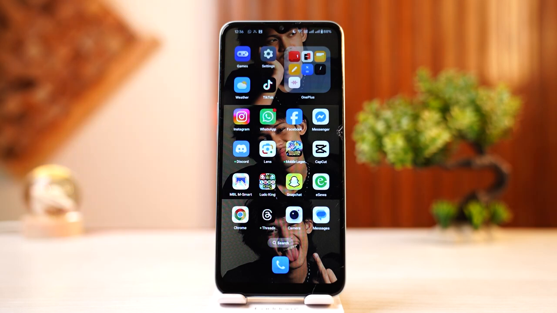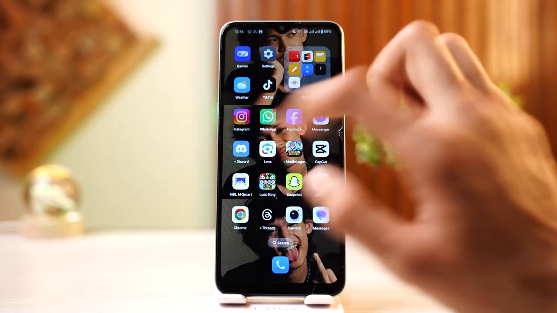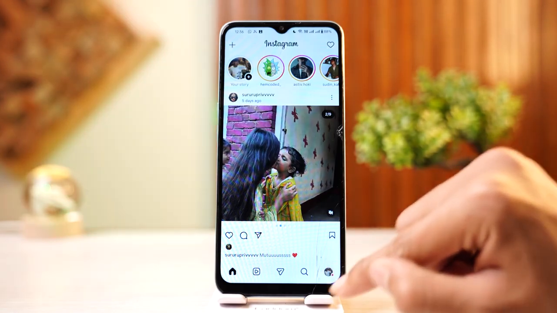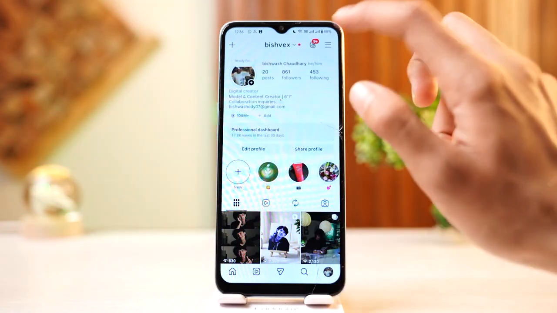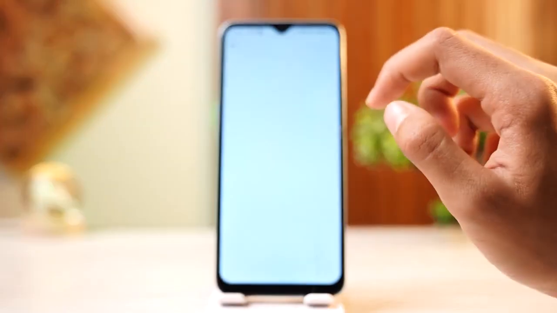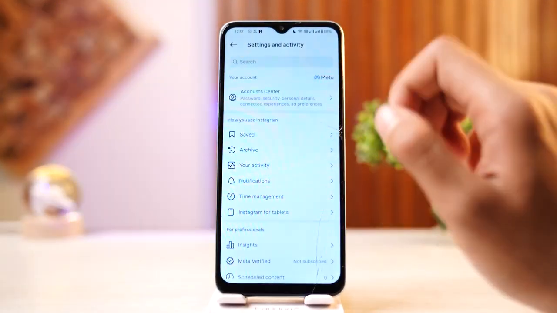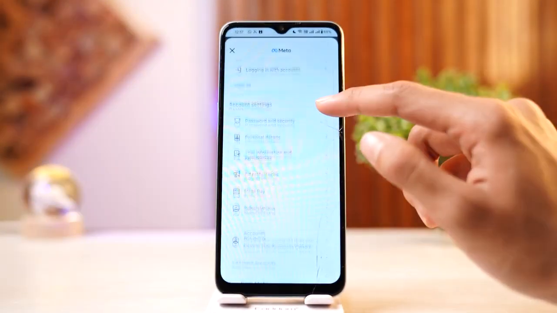And in this video I'll show you how to see your sent friend request on Instagram. For that, go and head to your Instagram app. Then you will see your profile icon on the bottom right corner of your mobile screen. Tap there and then go to this 3-bar menu and then go to account center and scroll a bit until you see